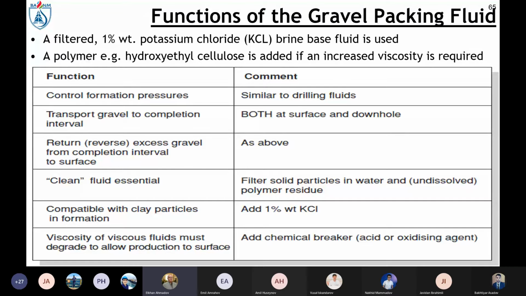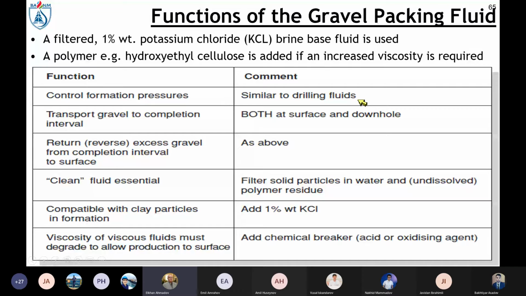Sometimes we add polymers if there is a need for increased viscosity, to make sure that the gravel is delivered further and slower. So these are the functions: